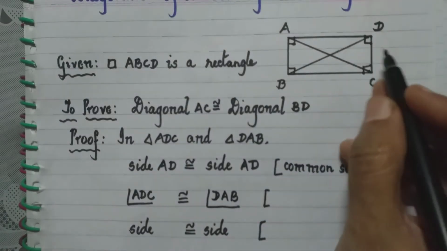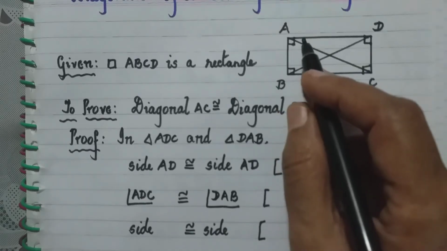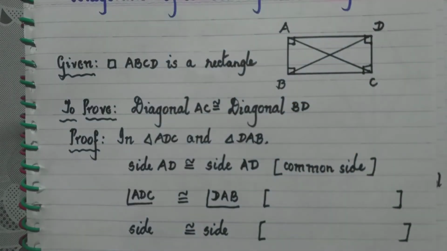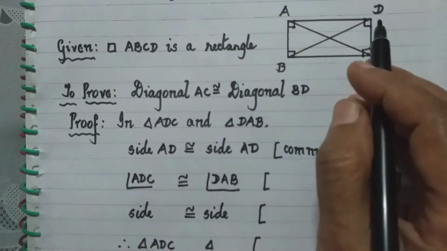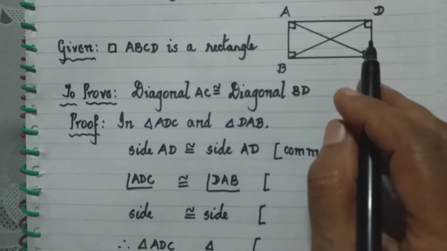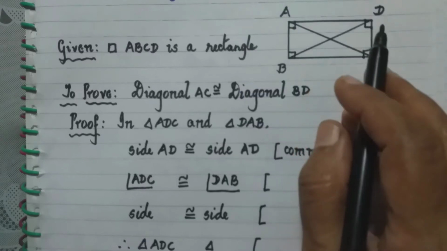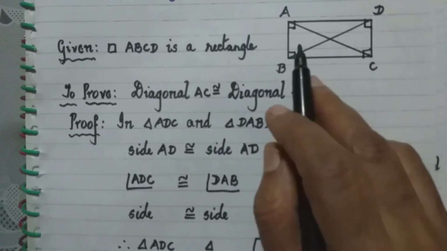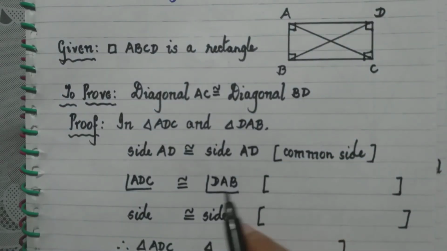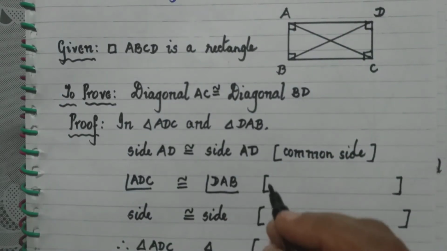Now why are they congruent to each other? We can see here that in a rectangle we know that each of the angles is a right angle. That is the property of the angles of a rectangle. So each angle is a right angle. So the reason here